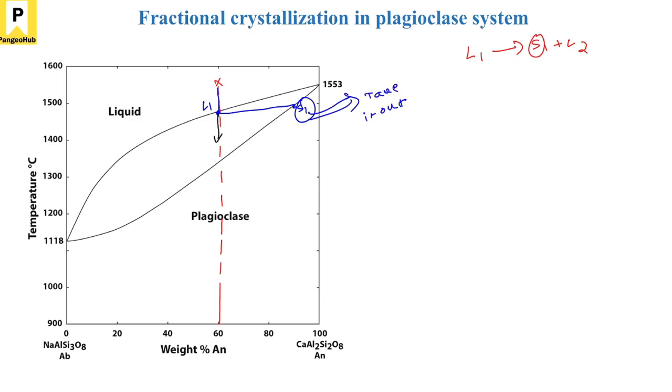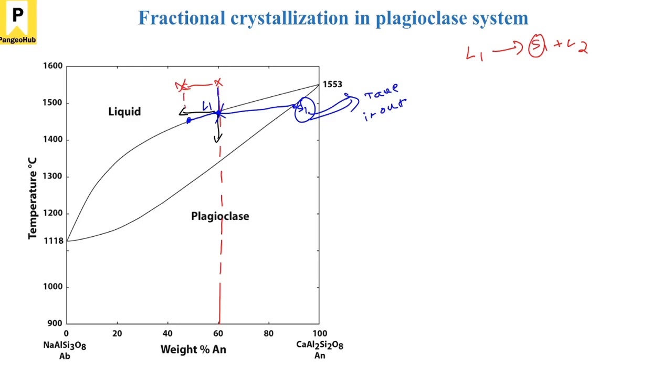This is the temperature vector going down, this is the composition vector going down. So as it is forming, the solid has formed, the liquid is going to change. The liquid has evolved from L1 to L2, let's say. So it has moved from here to here, but now we do not have any solid to maintain the equilibrium at this point. So now the bulk composition itself has changed from here to here. So this is my new bulk composition.